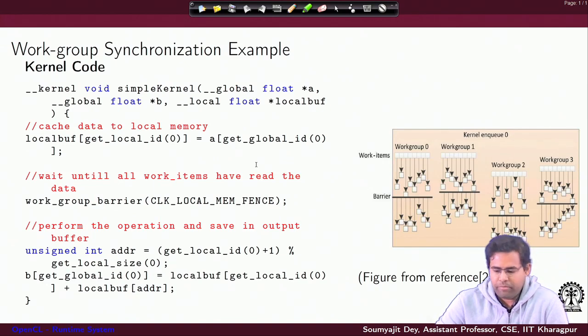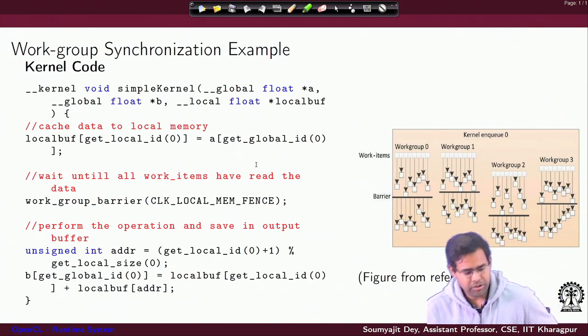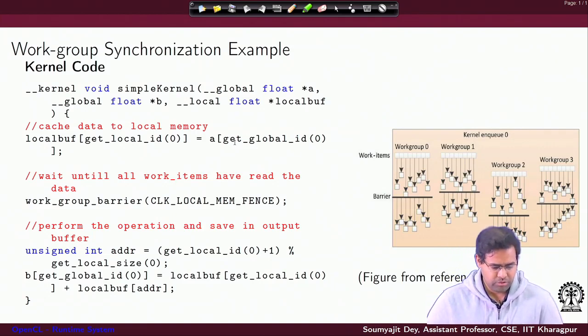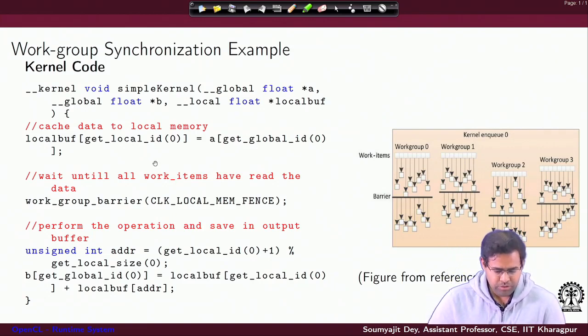Now we proceed to some examples on workgroup synchronization. So let's take this example of a simple kernel. First, you execute the simple get_global_id and get_local_id calls, using which you are caching data from the global memory to the local memory. I hope by now you are familiar with these calls in OpenCL.